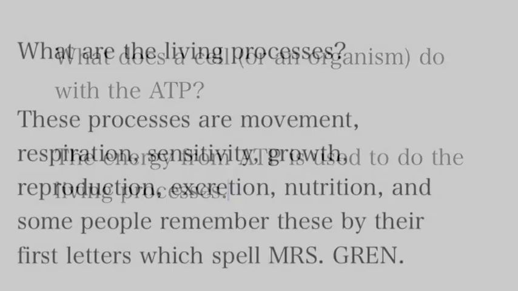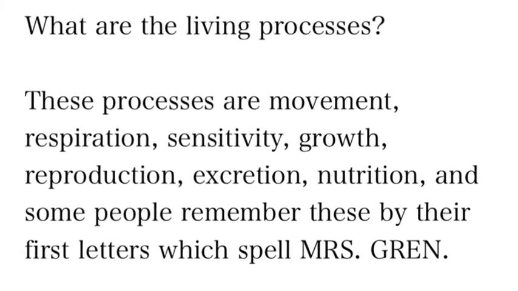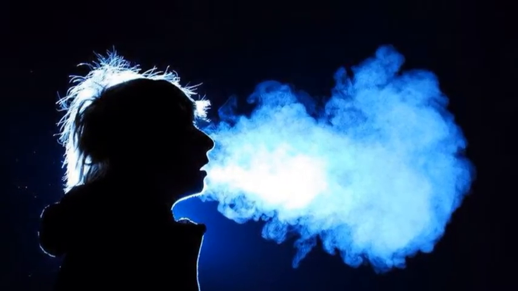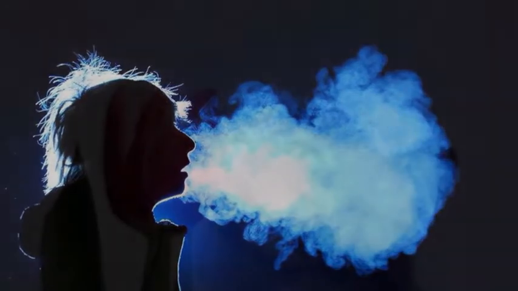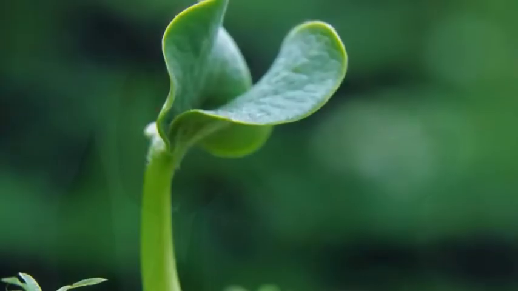So what does the cell do with the ATP? It uses the ATP to do all those processes that we call Mrs. Grin, and those processes include, this is staying alive, right? Movement, respiration, sensitivity, not smell, but sensitivity, using your senses, growth,